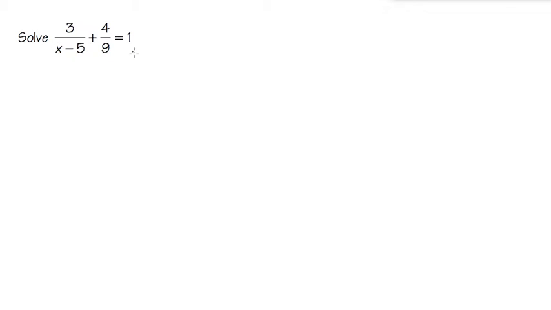Here we're going to solve this equation. We have 3 over x minus 5 plus 4 over 9, that's equal to 1. As we can see, we have an equation that's fractions. And to solve an equation that's fractions, what we're going to do is multiply everything by the lowest common